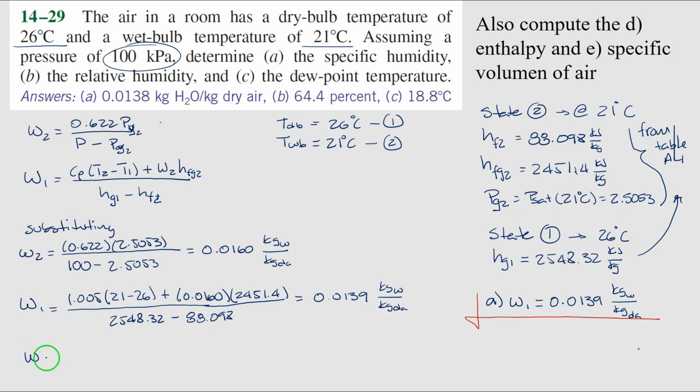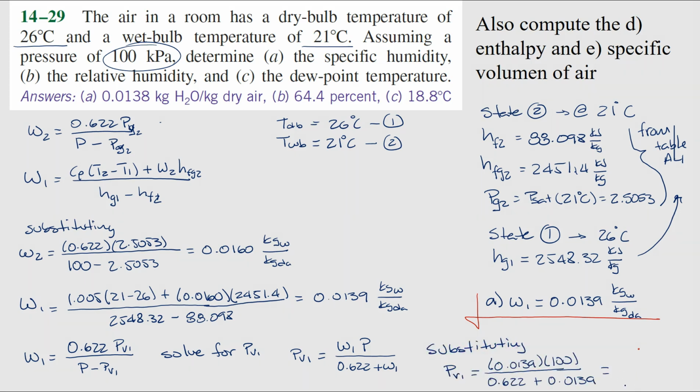We recall that if we solve for Pv1, and by substituting, this will be the vapor partial pressure for this mixture of air. Okay, so we have our partial pressure of vapor, and we need that partial pressure in order to get our